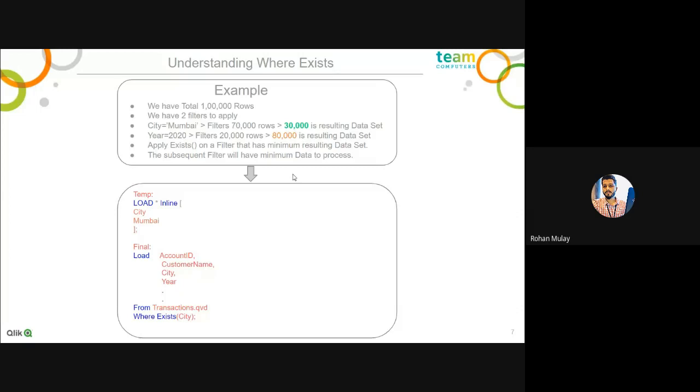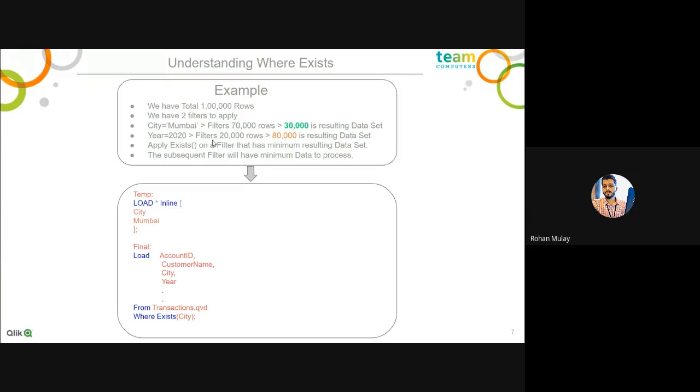Definitely when you are applying derived conditions or where conditions on these 30,000 records, the process will be faster as compared to 80,000. So we will first apply where exists on Mumbai, so that we have a resulting data set of 30,000, and then we can take a resident of it and apply all the derived columns we require, and apply all the basic filters or where conditions there.